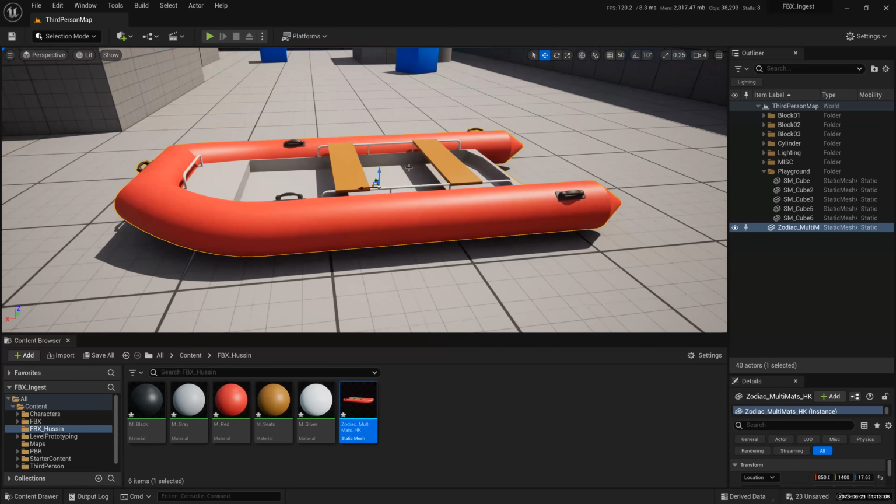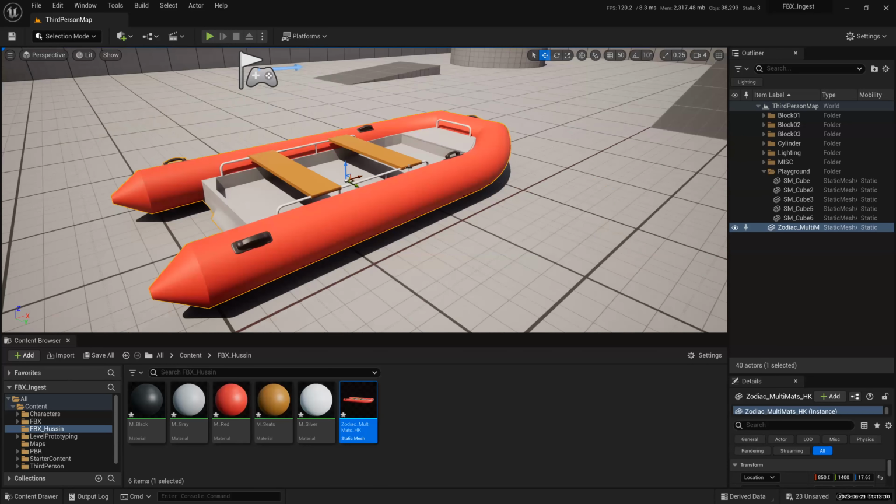Okay, real life scale. Another way you can check the measurement on this Zodiac is by going into orthographic views. In Unreal Engine, we have orthographic views. We are actually looking through what we call a perspective view up here. You can see up here, it's called a perspective view. We can change that. So if I change to top view, double click. Yeah, there you go.